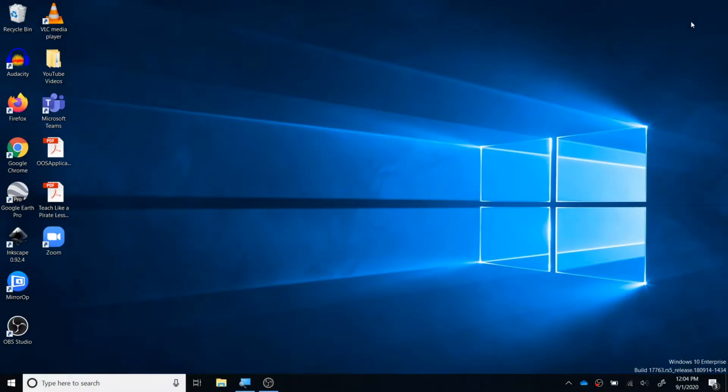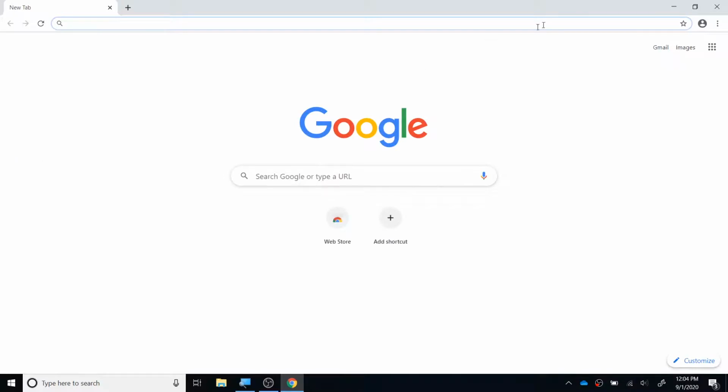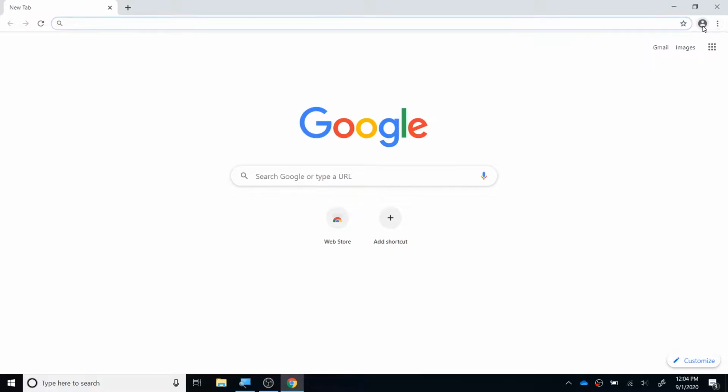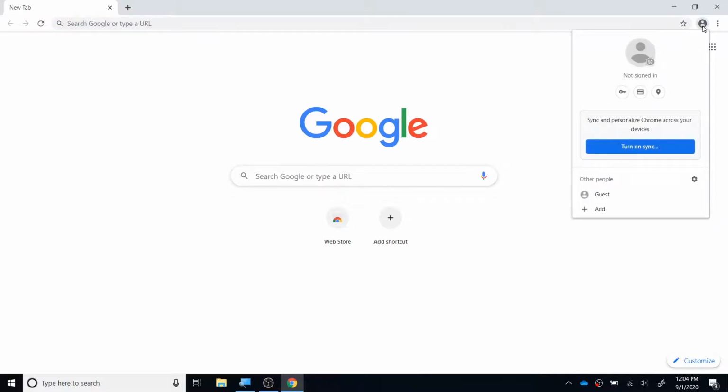The next operation you want to complete is to sign into Google Chrome. You will find Google Chrome on your taskbar. It looks like this right here. And you will double click to launch that. Once you have launched Google Chrome, you probably will see a person in the upper right-hand corner that is gray like this. We want to make sure that you sign into Chrome so that if for some reason your device breaks, you are able to save any favorites, any bookmark web pages, things like that, and just return to those instantly. So I'm going to click the person, and then I am going to click Turn on Sync, and I will be